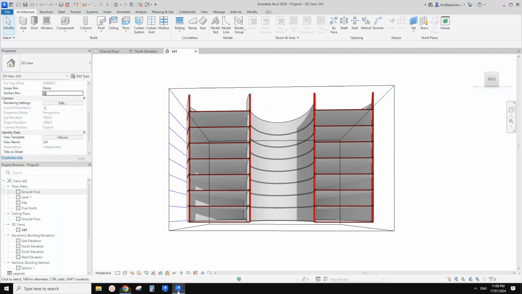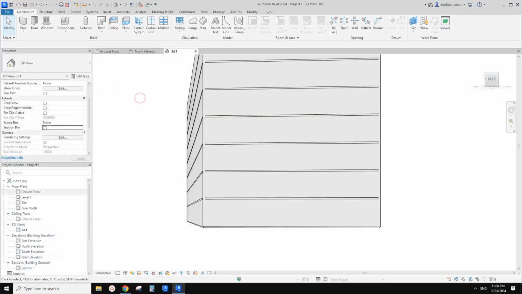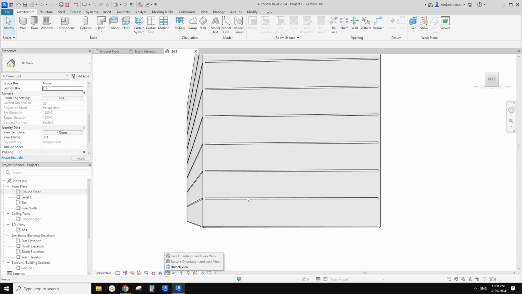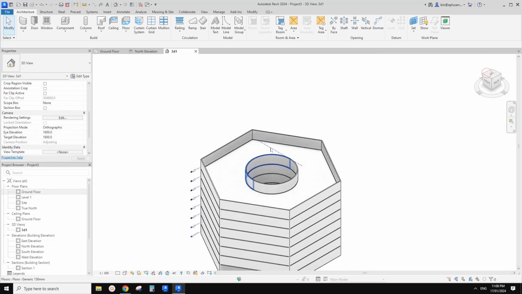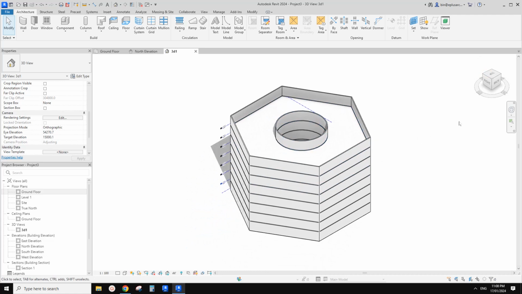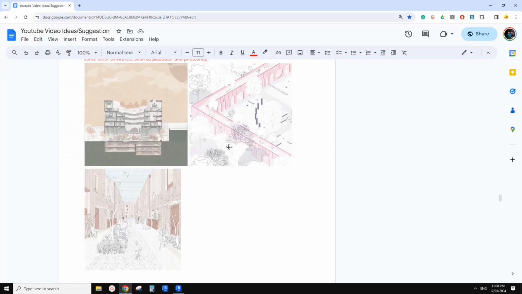for this view. So let's just uncheck this section box, and then, because we locked this view, we need to unlock this view. So now we can change this one to orthographic, and then we can click on this. So that's our isometric view. Okay, so this is this one. And then of course all these